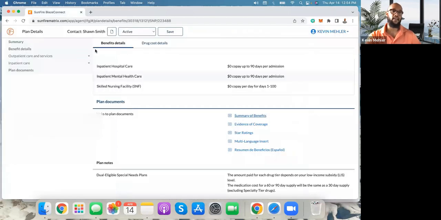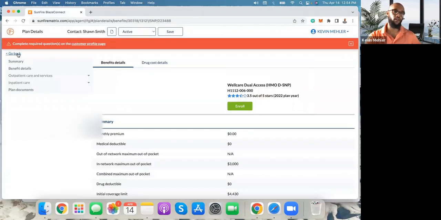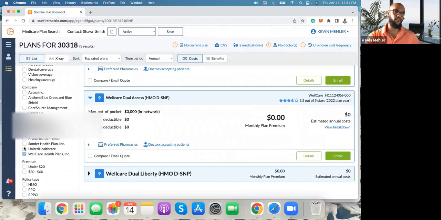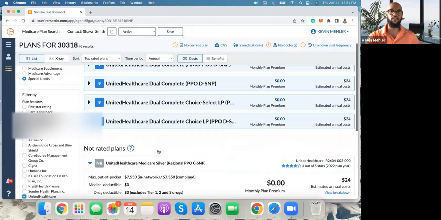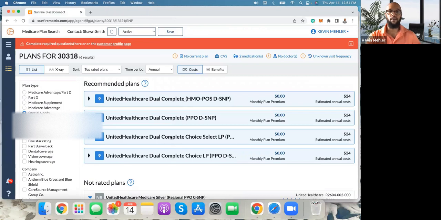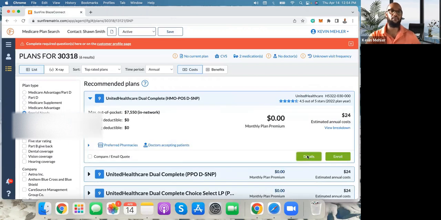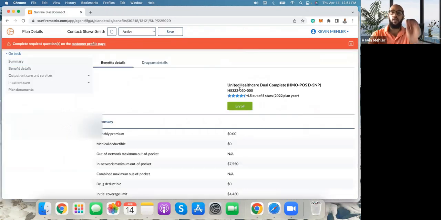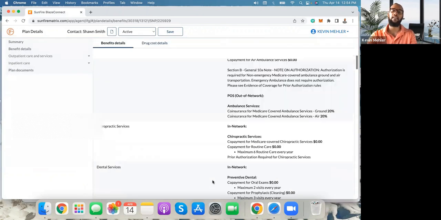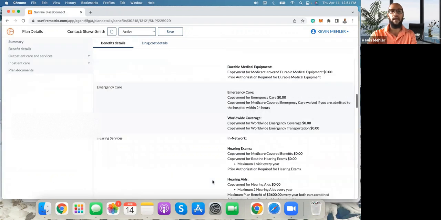So then our third carrier that we use all the time would be United Healthcare, guys. If you click on United Healthcare, you see quite a few come up. I'm just going to select one because it's the same everywhere again. So this is the HMO, and with United Healthcare, they do things a little bit different as it pertains to